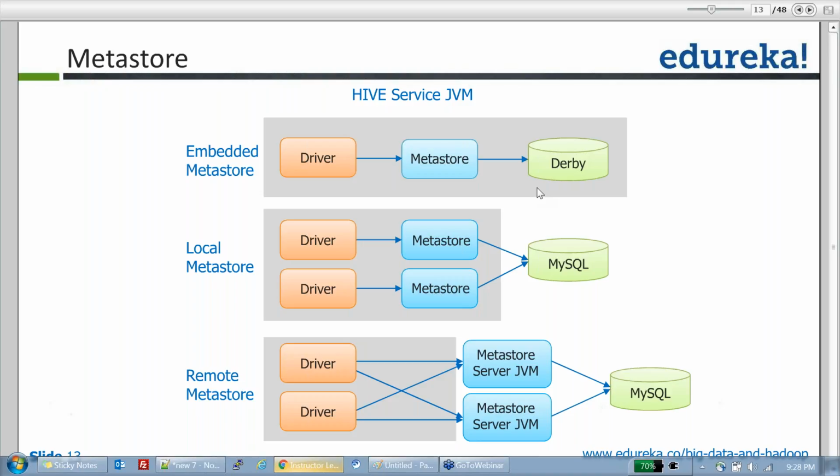The other type of Metastore configuration is the local Metastore. Now, what is a local Metastore? You install MySQL or any database on the same machine where Hive is installed. That's called a local Metastore. And what is a remote Metastore? Your Hive can be installed on one machine, which can connect to a database which is installed on any other machine,